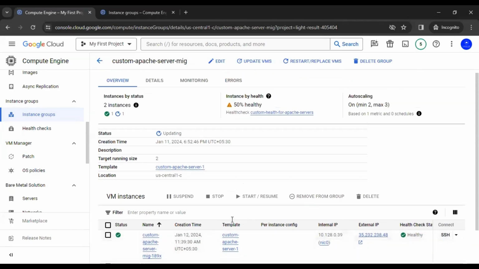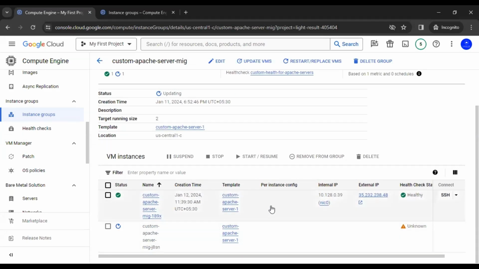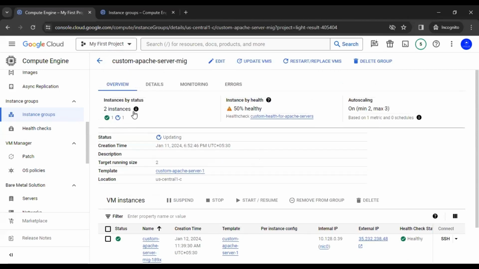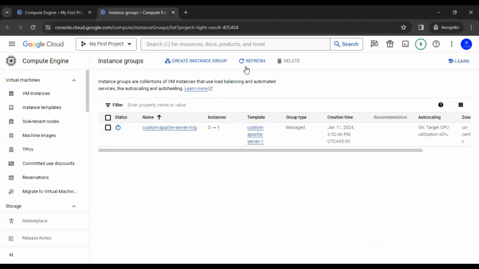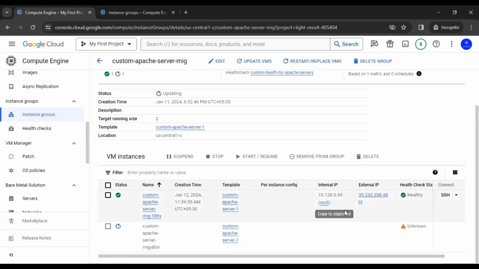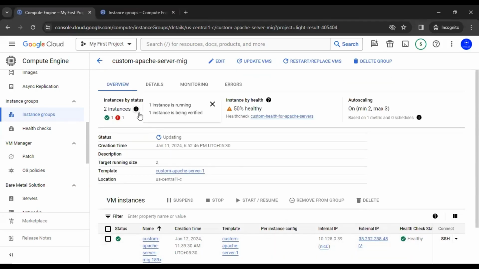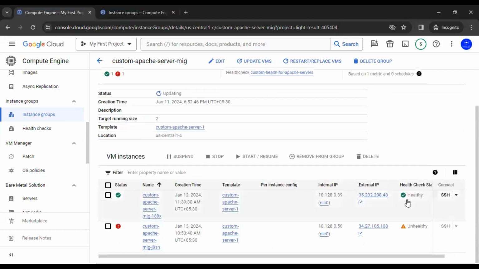Okay, so the update is done, but what it is going to do right now is scale these instances down to two. So right now it is scaling down to two. So it's done. If you see, we have one instance up and running right now, and the other one is being terminated. So right now, if we go ahead and check